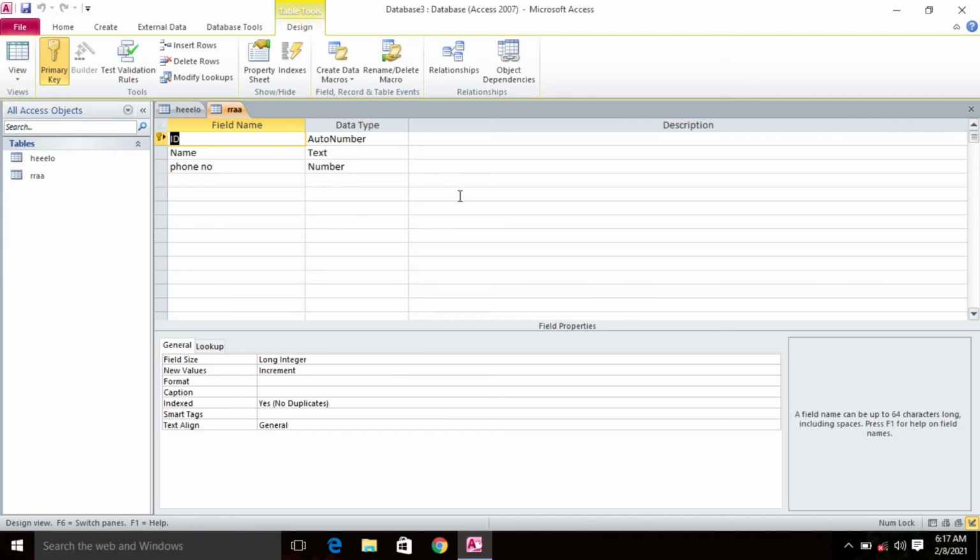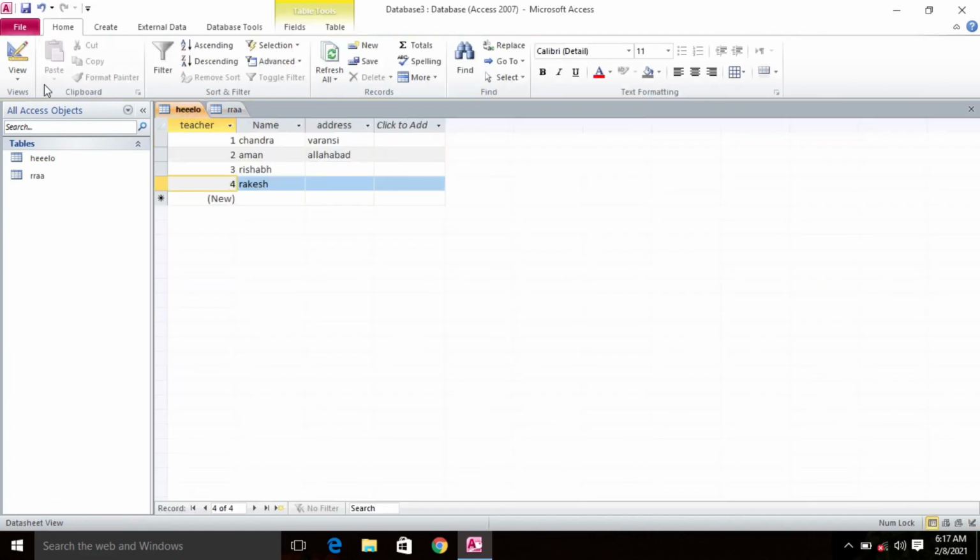Now in this, it shows us the field name and data type both. It does not allow you to enter the data here. It just shows you the design of your table, meaning what fields and data types we have in the table. It is not allowing you to enter the data. You can enter the data only in the datasheet view. Okay, fine. So this is how we can insert data and update data.